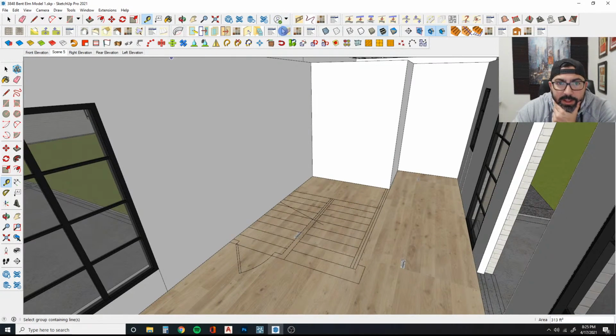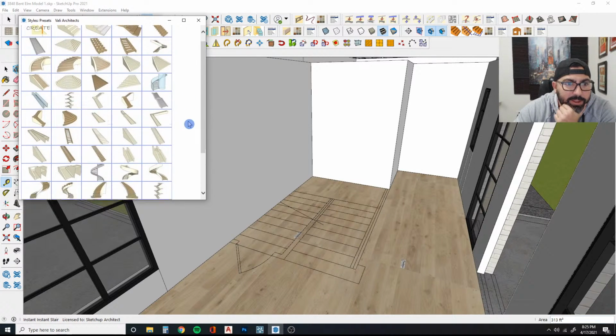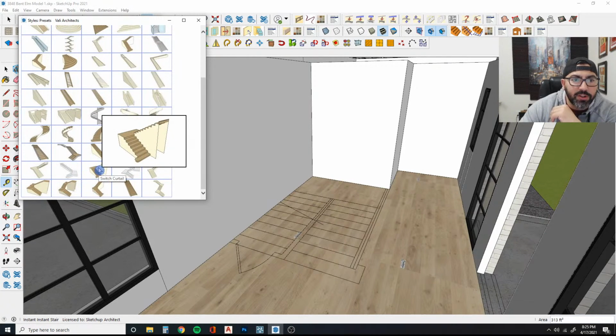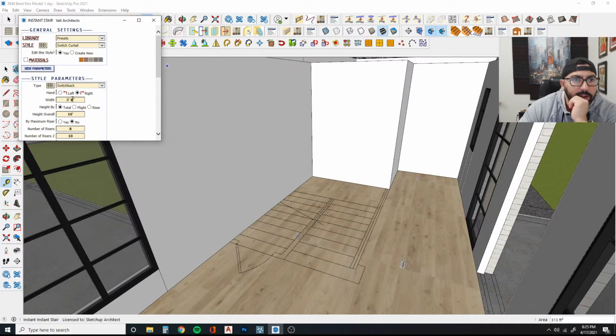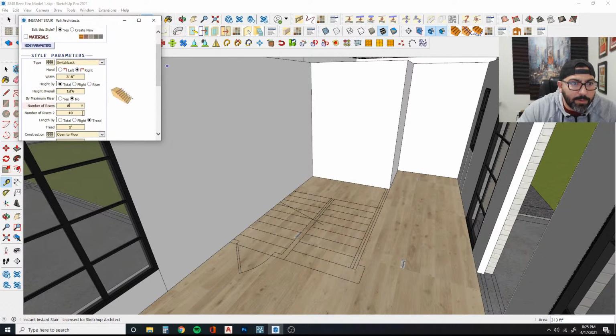So the Valley Architects has a nice stair builder. So I'm going to go here to some presets, and we kind of have this scissor style, what are they calling it? The switch curtail. That might work fine. So let's do that. So let's go here. I think 3/8 is fine. The overall height, I'm going to change that to 12'6". Number of risers, let's go to 9 and 11,